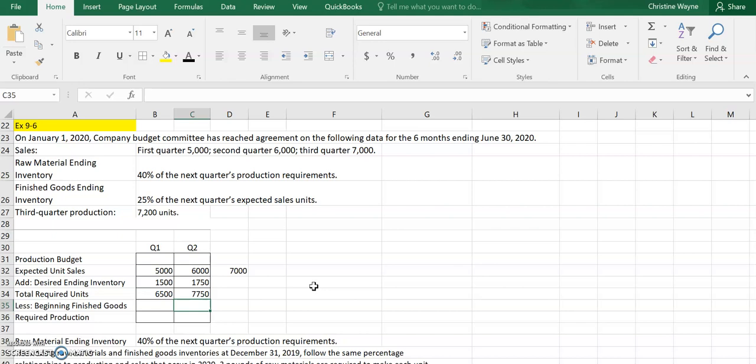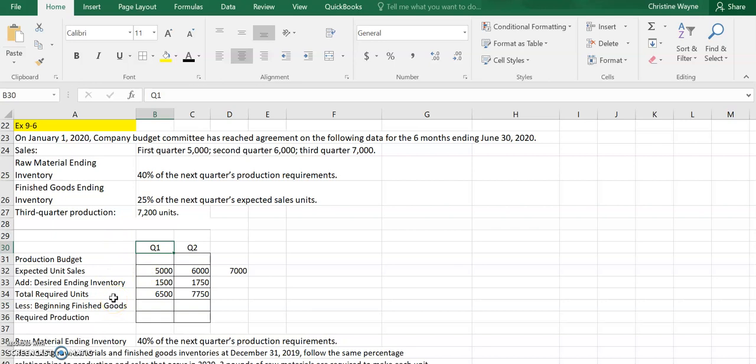Now remember, our beginning inventory is always our last month's ending inventory. Now in this problem, they're not giving you the previous year's sales figures. But remember, they tell us that our ending inventory has to be 25% of the next quarter's expected sales units. So if I was going to look at quarter one and say, well, what did they have in the fourth quarter of the prior year? I'm going to be taking 25% of quarter one's expected sales